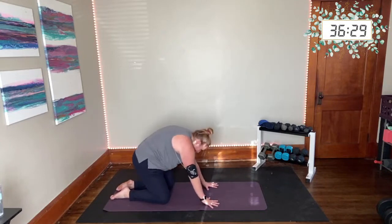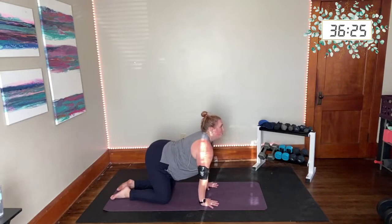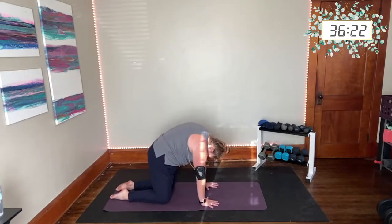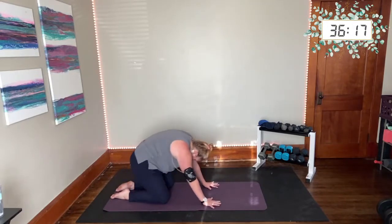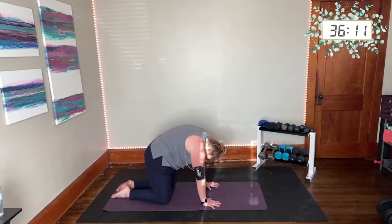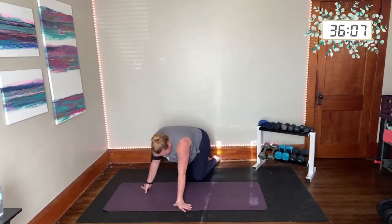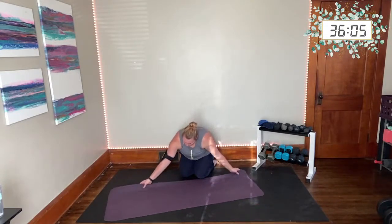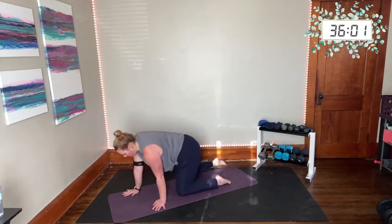Nice job. Let's do that 3 more times with your own breath. Take your time. Maybe rocking forward or back, depending on where you're feeling any pain, any twinges. Now once you've made it through those, come to a neutral spine and curl your toes under and lift your